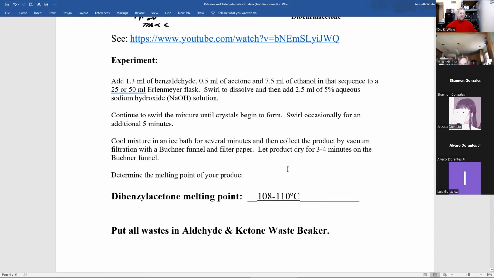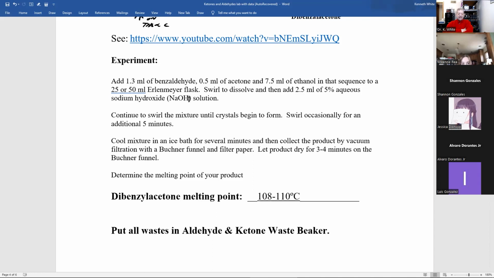Now, let's go through the procedure, and then I'm going to have fun, because this is one of the rare times I get to show you a full mechanism. Yay! All right, what you would do in the lab is add 1.3 milliliters of benzaldehyde, 0.5 milliliter acetone, and 7.5 milliliters of ethanol in an Erlenmeyer flask, which you swirl like this. Then you'd add 2.5 milliliters of 5% aqueous, that means water, solution of sodium hydroxide. And you keep on swirling, clockwise or counterclockwise, for 5 minutes